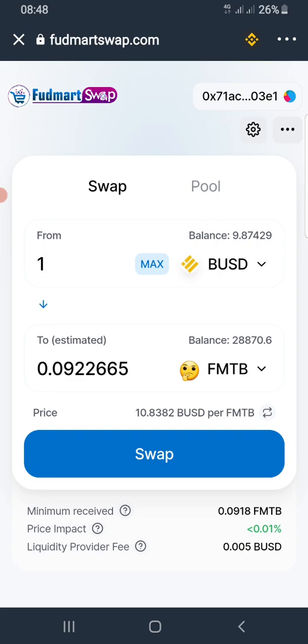So if we're swapping $1 BUSD, the exchange is telling us that we are going to get 0.0922665 FMTB as the output. Now, if this is okay by you, fine, no problem. If this is not okay by you, then you pause and wait for a better offer, either through the buying and selling activities, whether you want to be able to buy more or you want to buy less, whatever your choice is. So the next step, or the next thing I want you to take note of,